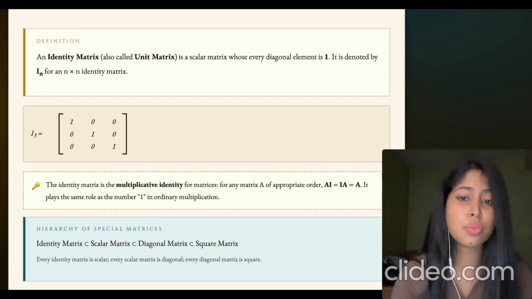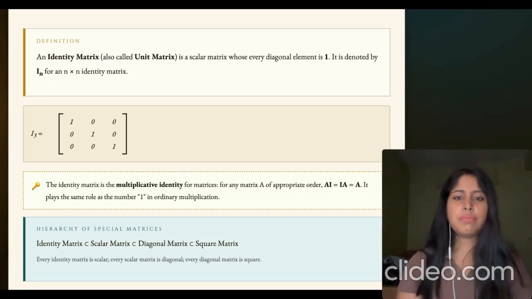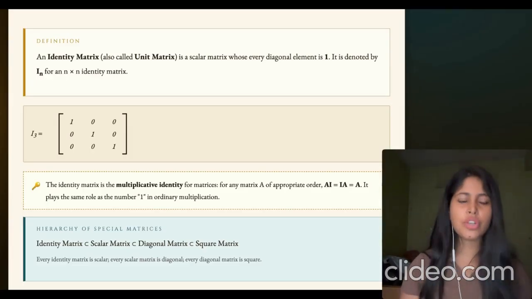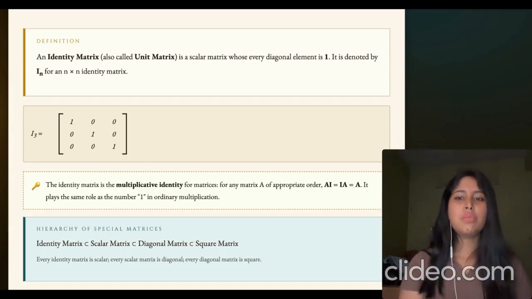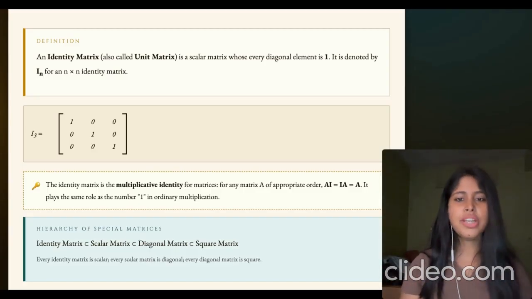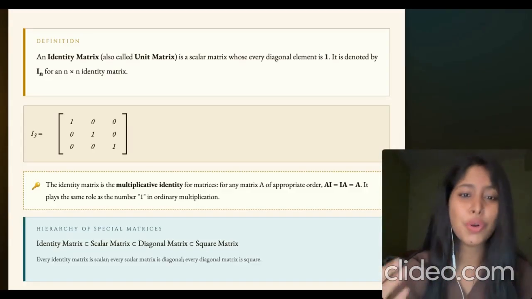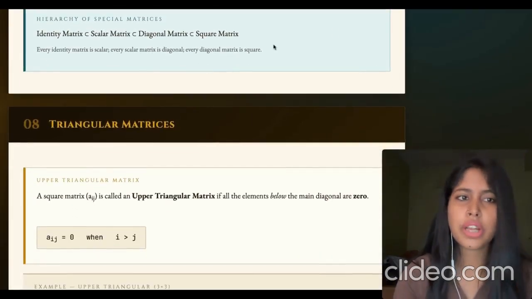And this is what I was talking about, how I am building up this video. See, identity matrix is basically a subset of scalar matrix. Why? Because in scalar matrix here we are taking the scalar to be 1, right? Scalar matrix is again a subset of diagonal matrix, which is again a subset of square matrix, right? So every identity is scalar, every scalar is diagonal, and every diagonal is square. This is a very important observation which you can hold for today's class.